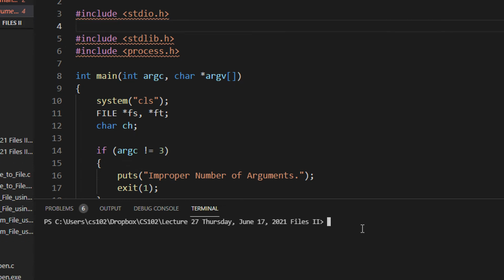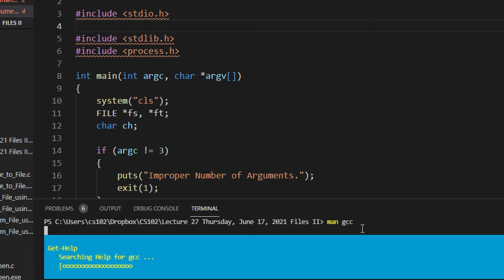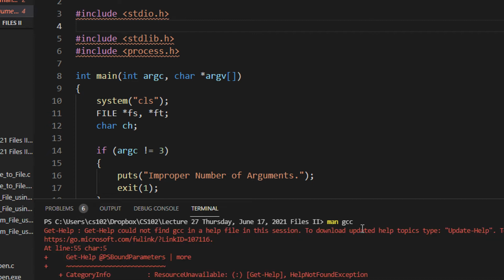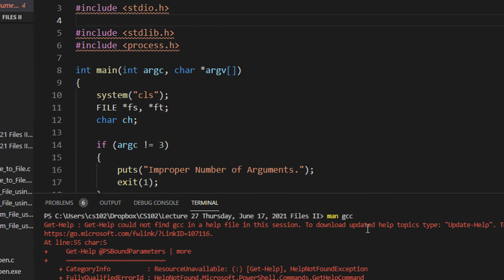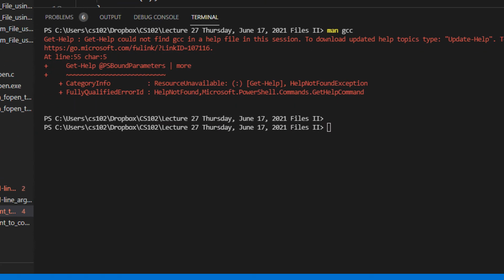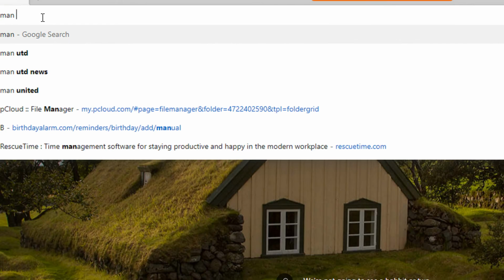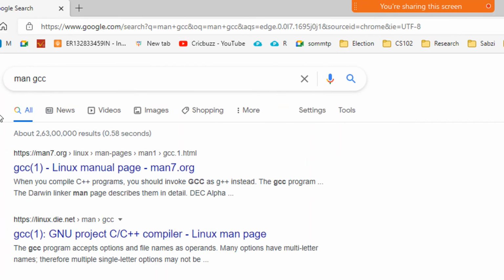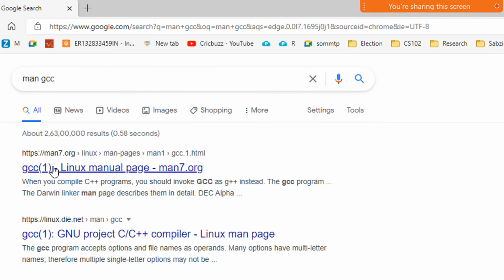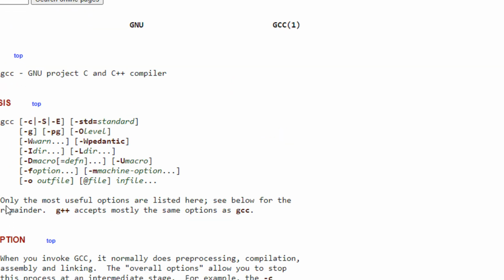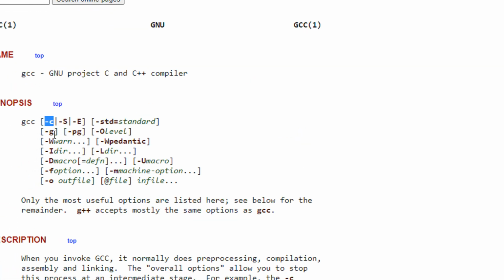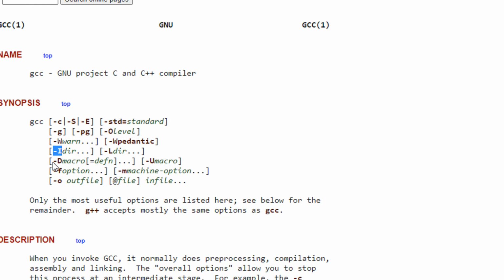For example, let me see if man works here. Man gcc, okay, it is searching for gcc. Okay, it does not work here. Fine. Because if you search online for gcc, let's say I'm just searching for the man page of gcc. Man page is the manual page. So just see the number of command line switches it is having. gcc supports -c, -W, -I, -D.